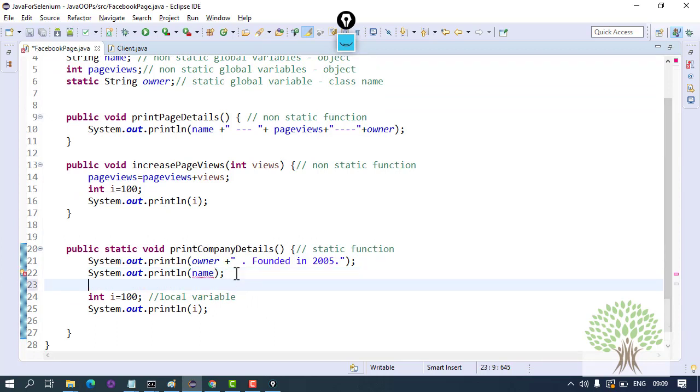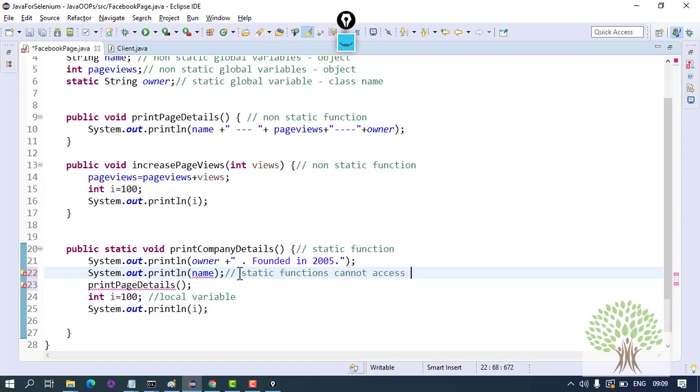Or if I try to call the non-static function from a static function, it will give you an error. The global rule is static functions cannot access non-static stuff, whether it is a function or a variable.